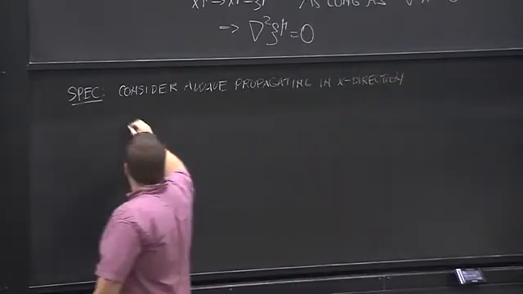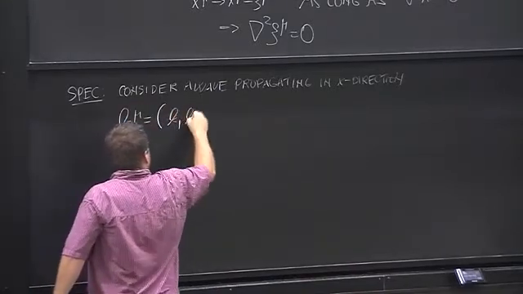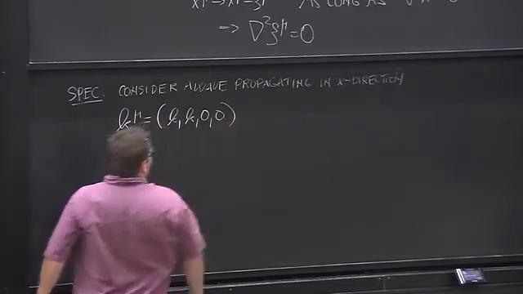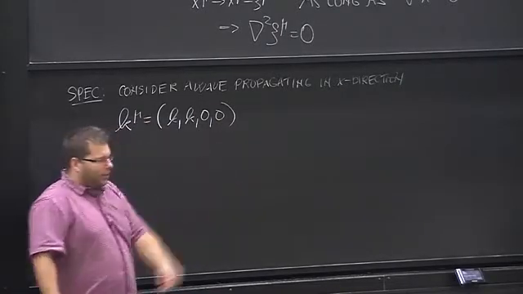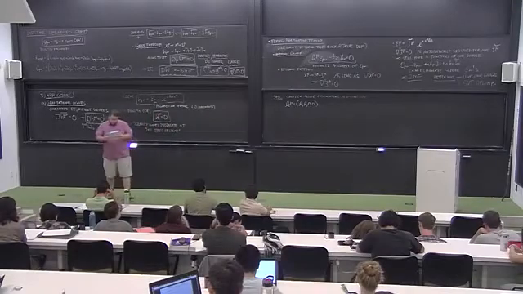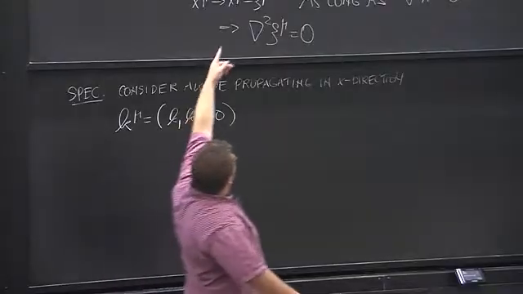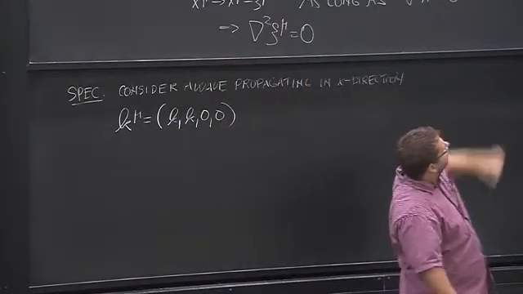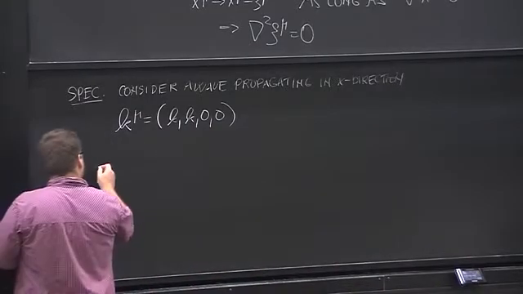That means that your wave vector k mu is k, 0, 0. Okay, my t, x, y, and z, and my wave is propagating in the x direction. So then you can show that you can use this thing here and that thing over there to write your epsilon mu nu